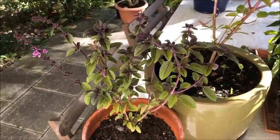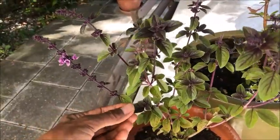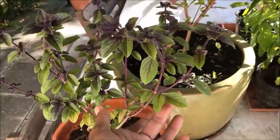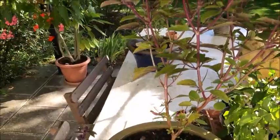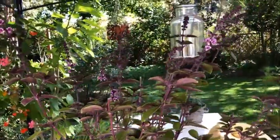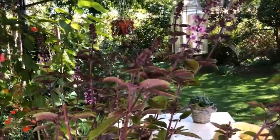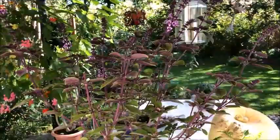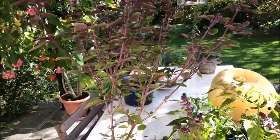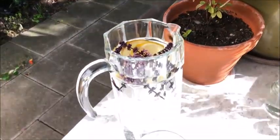So there was something else I wanted to share with you. You should always, as often as you can, harvest the leaves, and especially the larger leaves. This will encourage more leaves to grow, and also you can use the flowers. I always use the flowers for making a wonderful refreshing drink, and the recipe for that drink is just